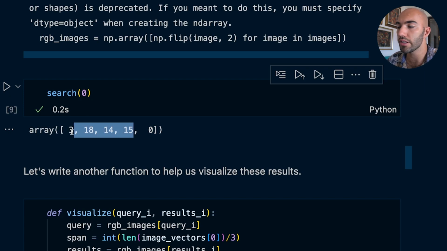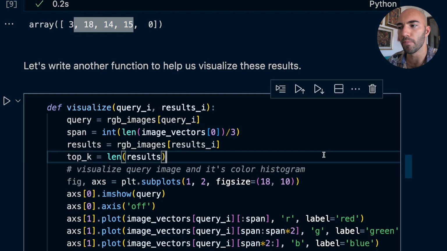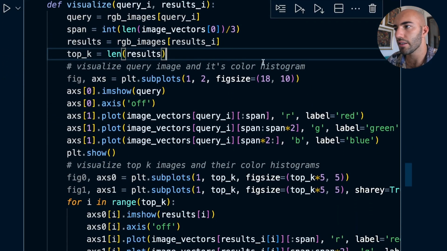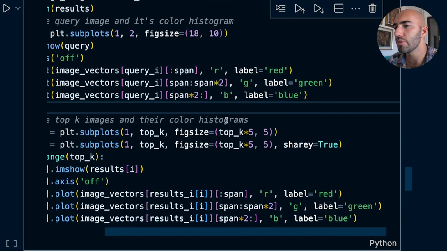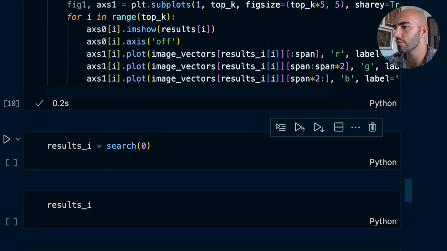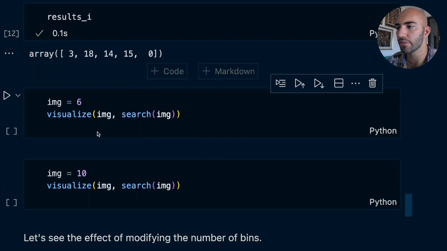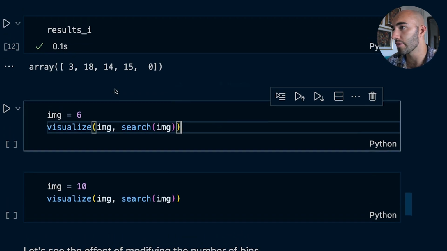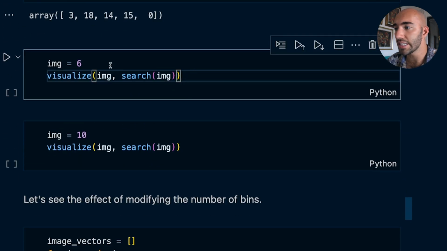We didn't know what those are, so let's write another function. This is not so important, but it's just going to help us visualize these results. There's a lot of NumPy here. We don't really need to go through this, but you can go through this code if you want to. So run that, and then I am going to get some results, same as what we saw before, and I just want to visualize those. Here I'm actually doing it for another image, so we can ignore that bit there. So for image 6,